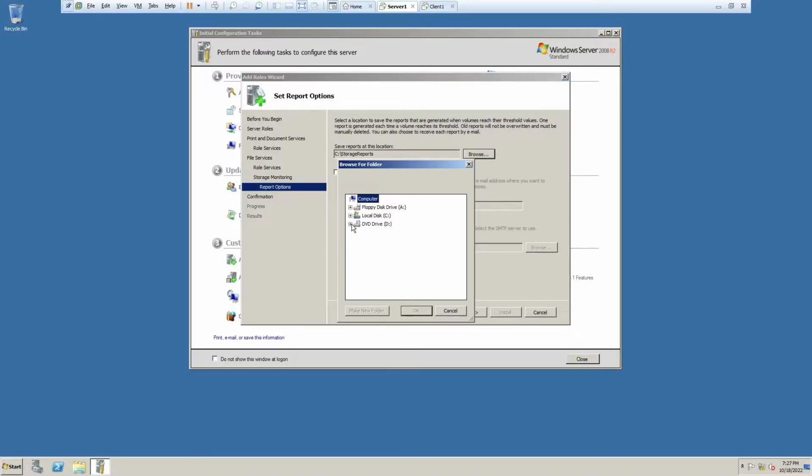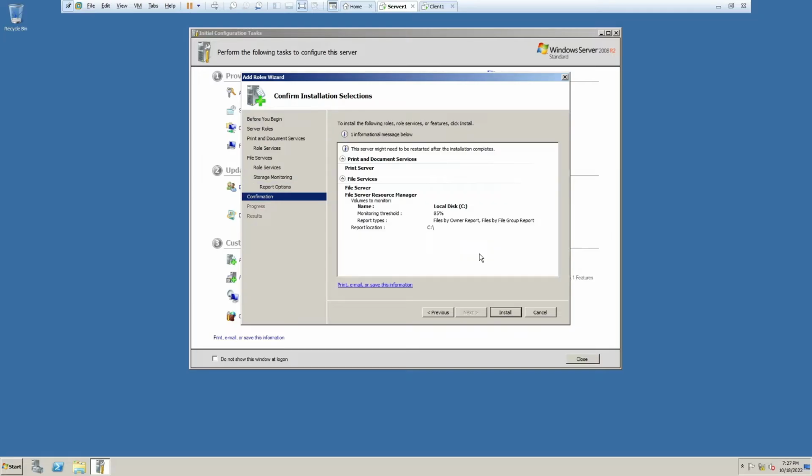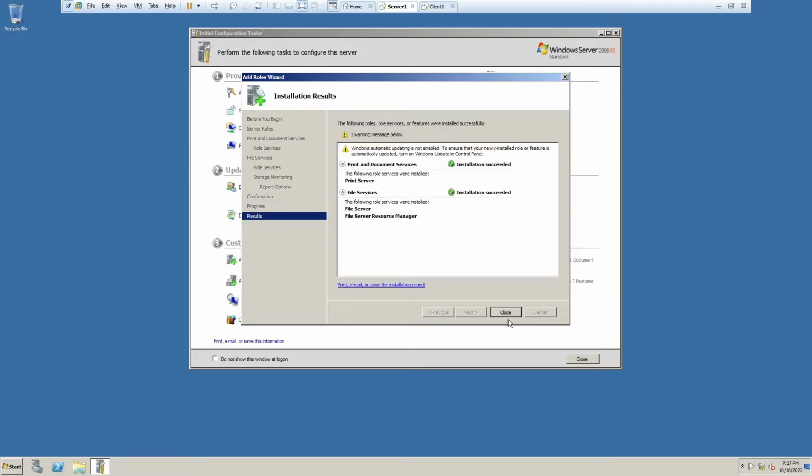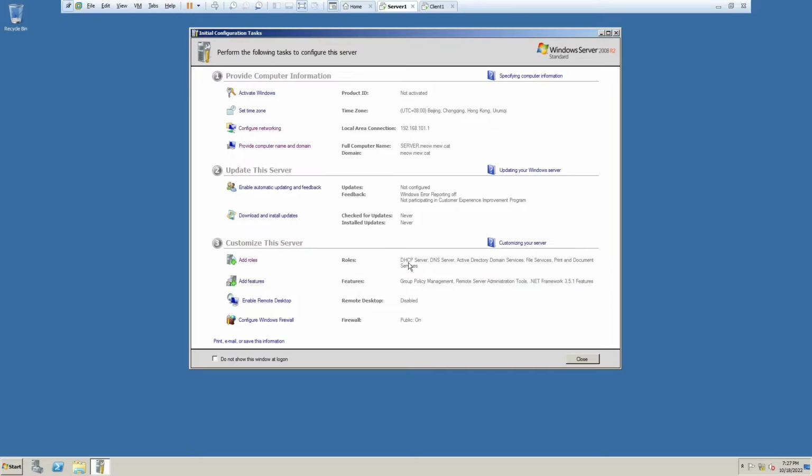Yung storage reports natin na pwedeng ilagay, guys, let's put it dito sa ating local disk. And next, let's install it. That should be just fine. Wait for it to install. And there you go. Meron na tayong DHCP server, DNS server, ADDS services, file services, print and document services